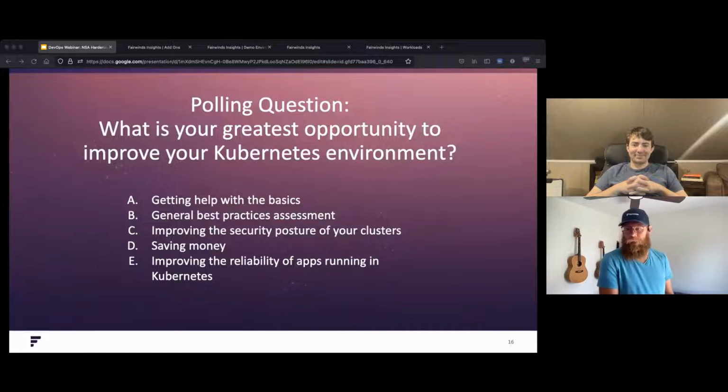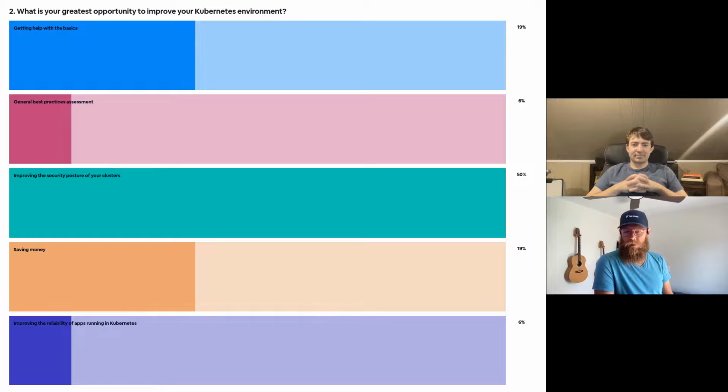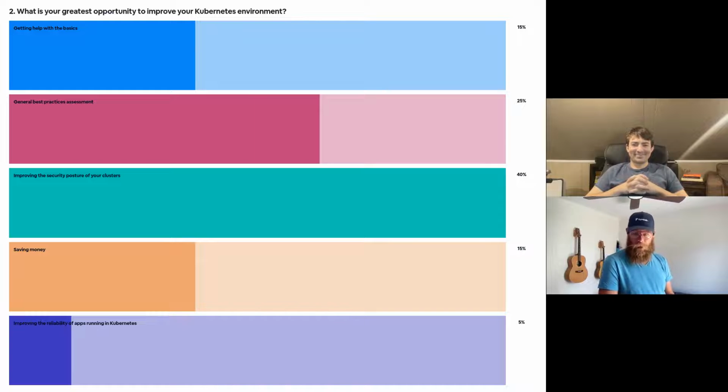Looks like most of the folks are choosing improving your security posture of your clusters. And Cody, if you can bring that up on screen so folks can see. There we go. Yep. 50% are landing there. General best practice assessments. Oh, that's increasing. We'll give it a few more seconds and then we'll